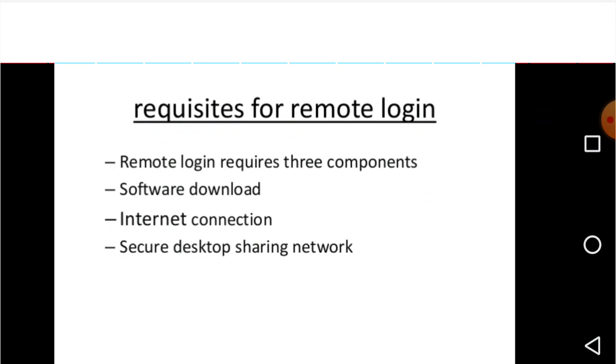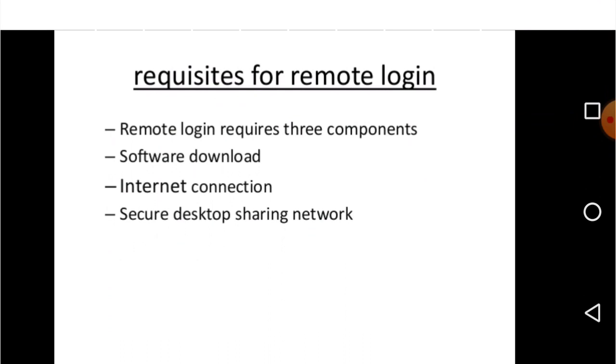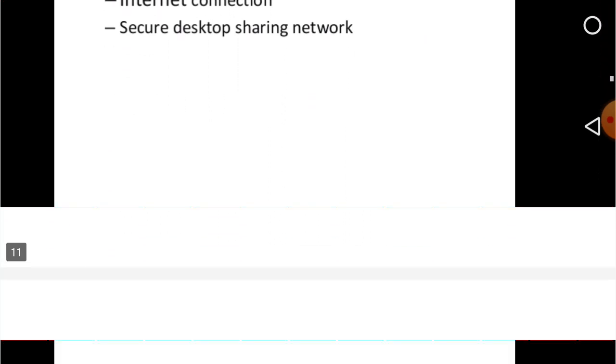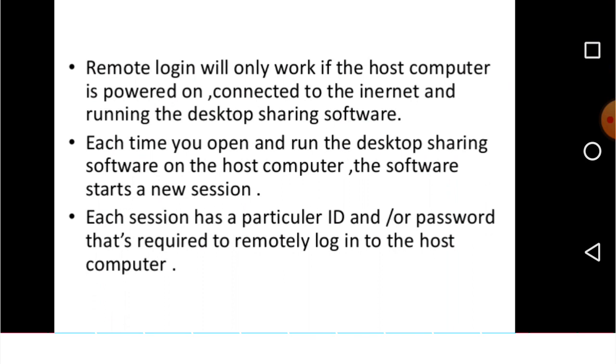Remote login requires three components: software downloaded, internet connection, and secure desktop sharing network. Remote login will only work if the host computer is powered on, connected to the internet, and running the desktop sharing software.